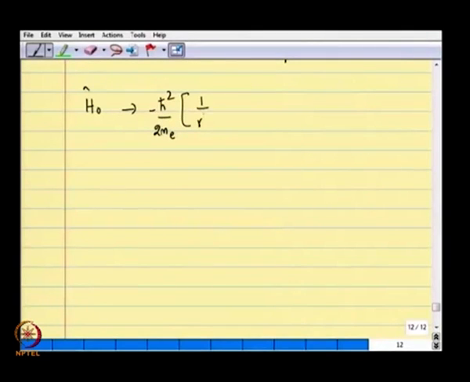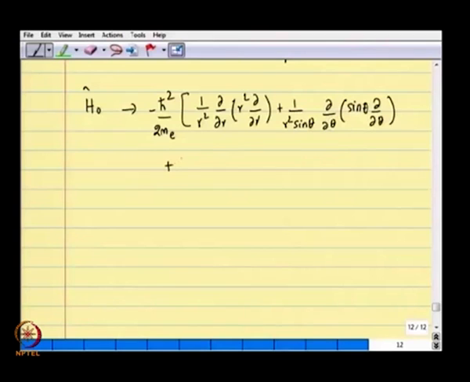It is a long expression: 1 by r square dou by dou r, r square dou by dou r, plus 1 by r square sin theta dou by dou theta, sin theta dou by dou theta, plus 1 by r square sin square theta dou square by dou phi square, corresponding to the kinetic energy of the electron in a reduced mass system where we replace the reduced mass with the mass of the electron, because the nuclear mass is very large, minus Z e square by 4 pi epsilon naught, for the relative coordinate of the two particle system,